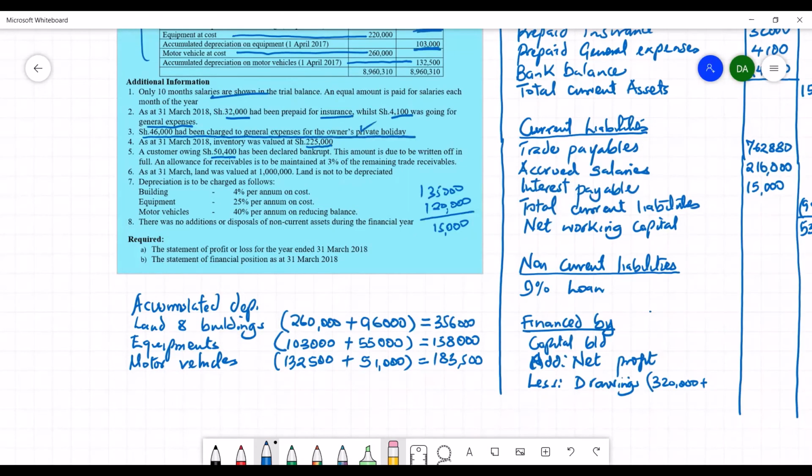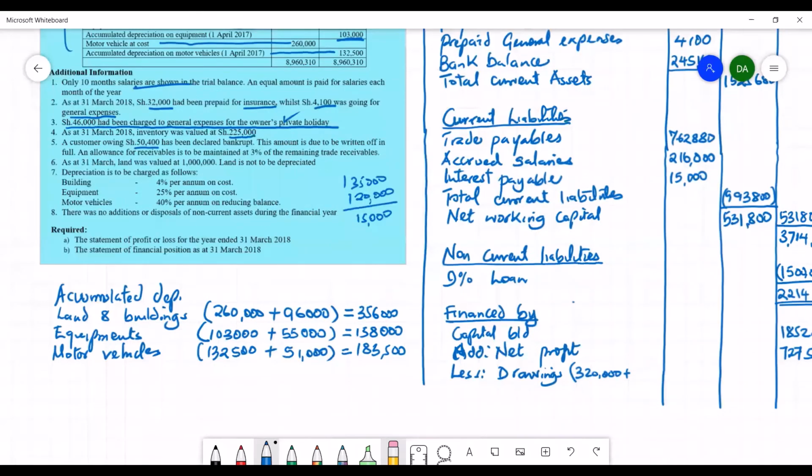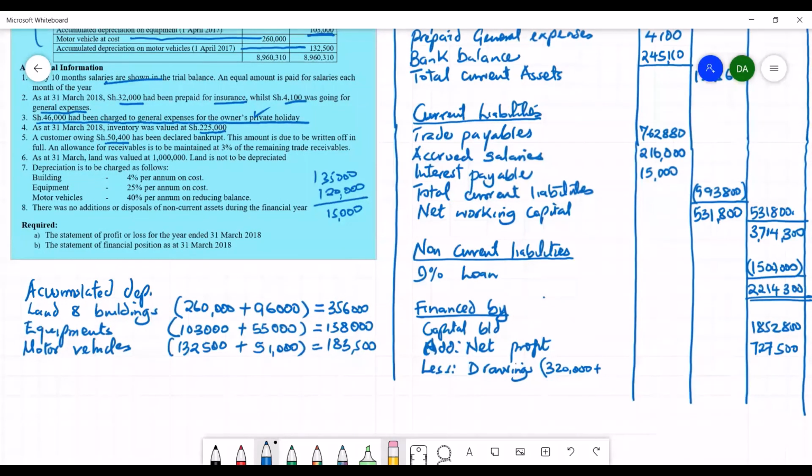So it is like the owner took 46,000 from the business and used it for private purpose. That amount is like drawings that the owner took from the business. When the owner consumes money from the business, it is part of drawings. So the 46,000 will be drawings. Then we add 46,000 to 320,000, so that we have a total of 366,000